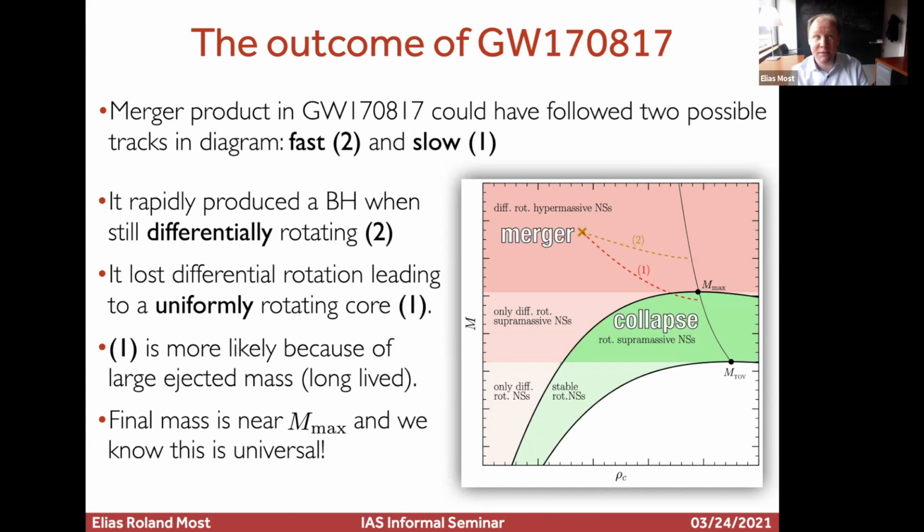If you think about having a higher mass merger that's close to prompt collapse, you have path 2. You don't have path 1. I think there's a very special property. Also, if you look at the mass ejecta that we will use later on, you got a lot of mass ejecta, and you got some that likely came from a hypermassive neutron star. So this tells you that the hypermassive neutron star must have been around for at least a few hundred milliseconds, even if you take that into account. Thanks.